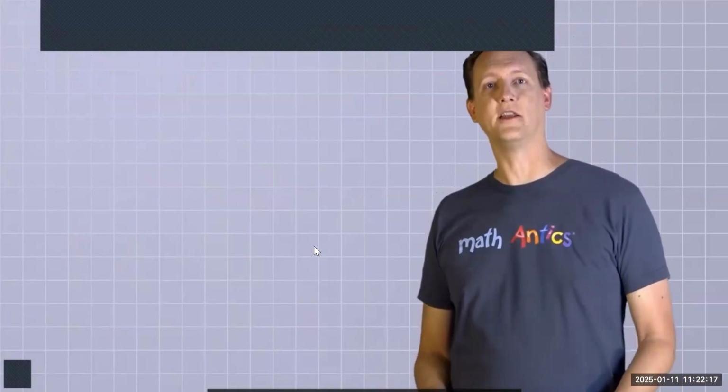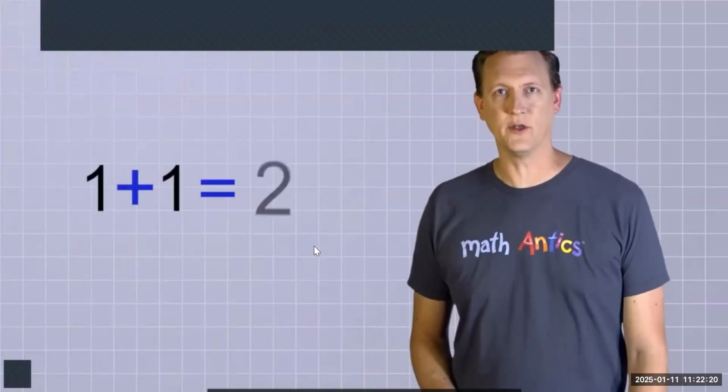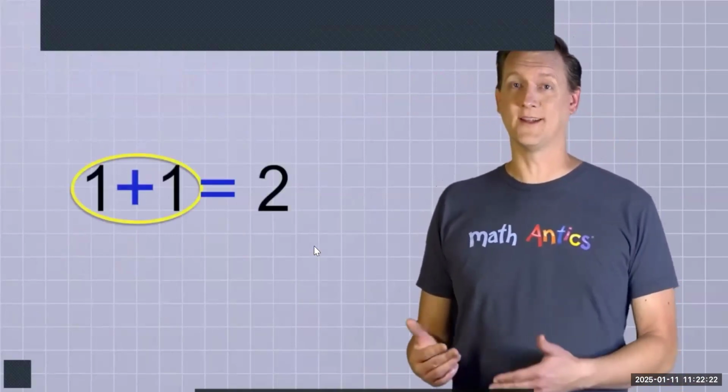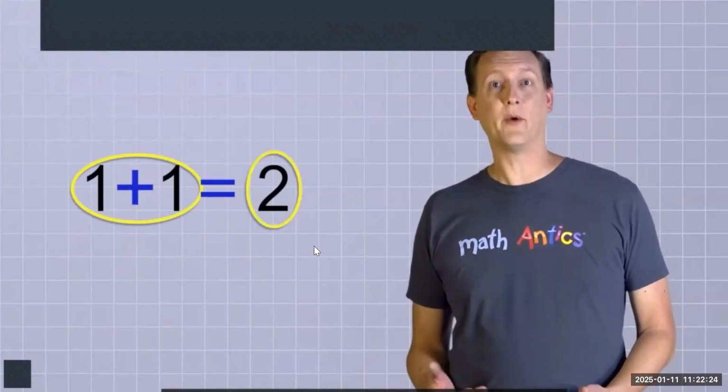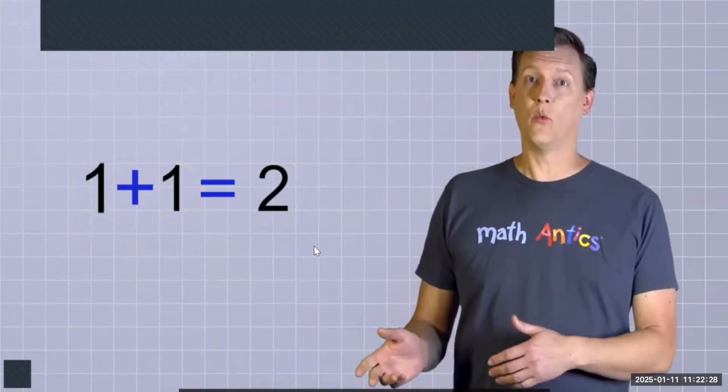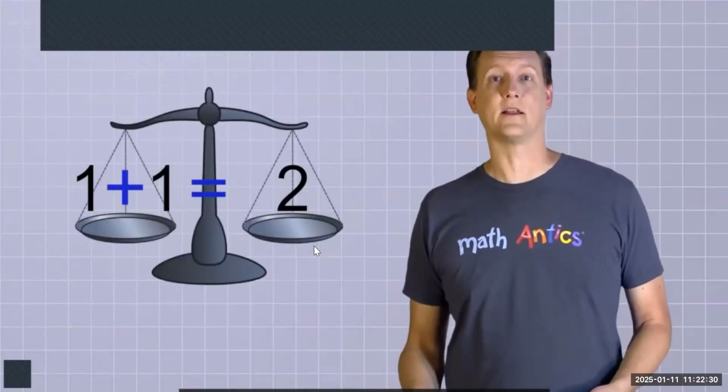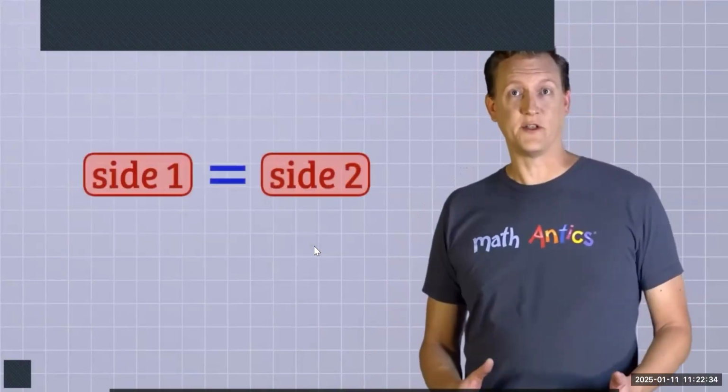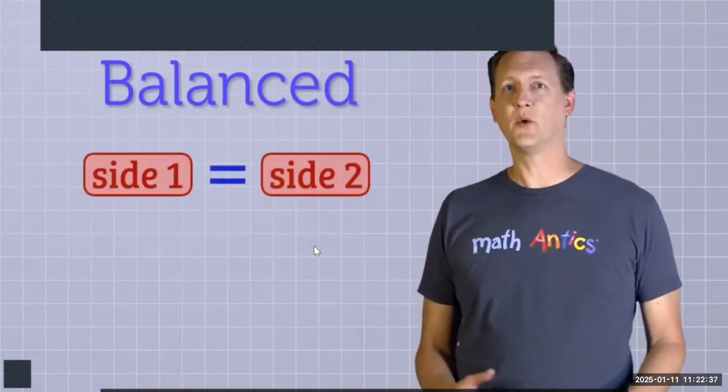For example, in the equation 1 plus 1 equals 2, 1 plus 1 doesn't look like the number 2, but we know that 1 plus 1 has the same value as 2. So 1 plus 1 equals 2 is in balance. It's a true equation. The reason we need to know that equations must be balanced is because when we start